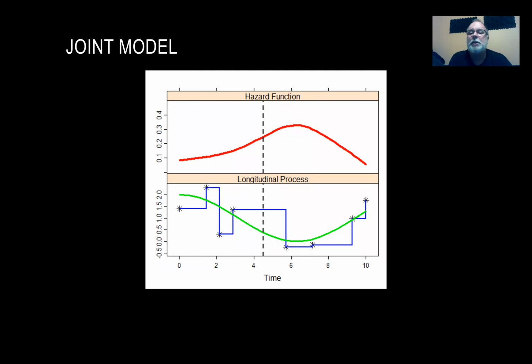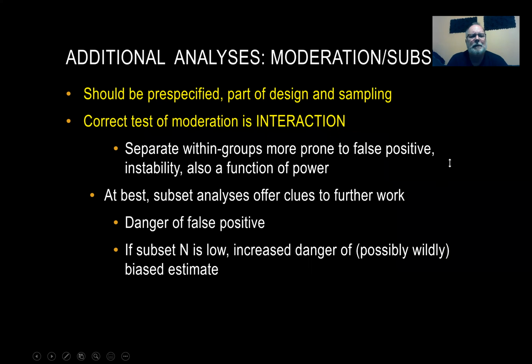We can look at scores on the longitudinal process and see if it predicts dropout or death. I'm no expert in it, and I don't think a lot of people are yet, but I think this is going to be a good way forward, particularly in palliative care. Next. Okay, so